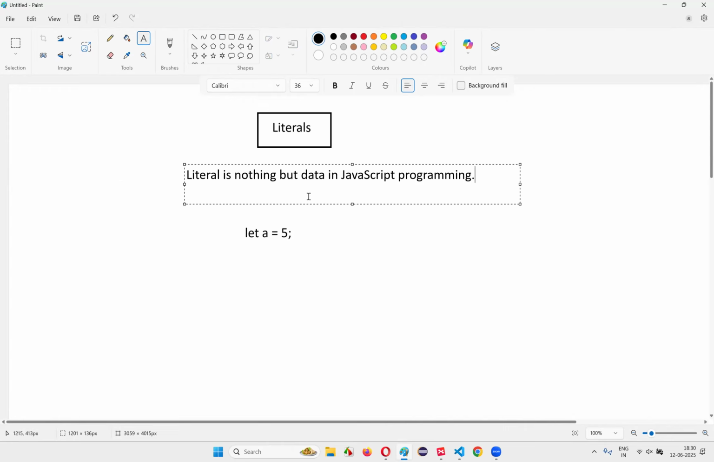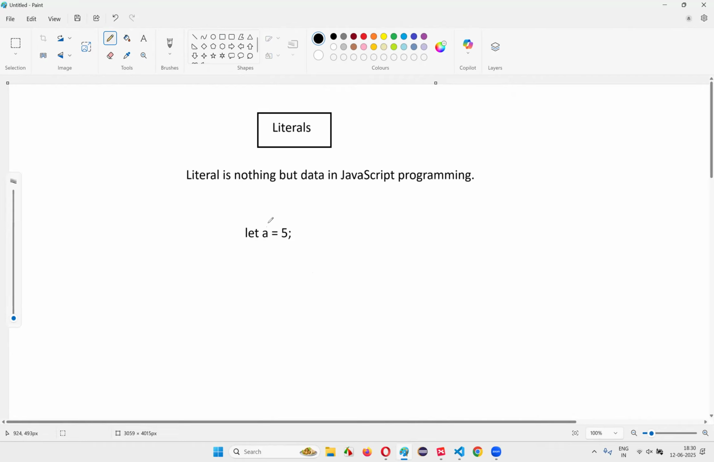The technical term that I am using for data is nothing but the literal. Literal is nothing but the data in JavaScript programming or any other programming language also. Literal is nothing but the data that you are storing into the variable. Here in this particular statement,